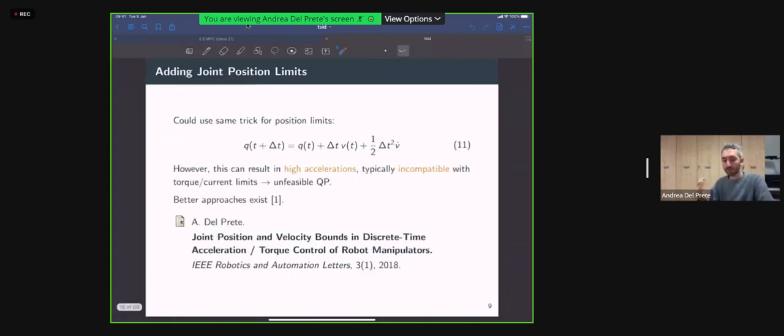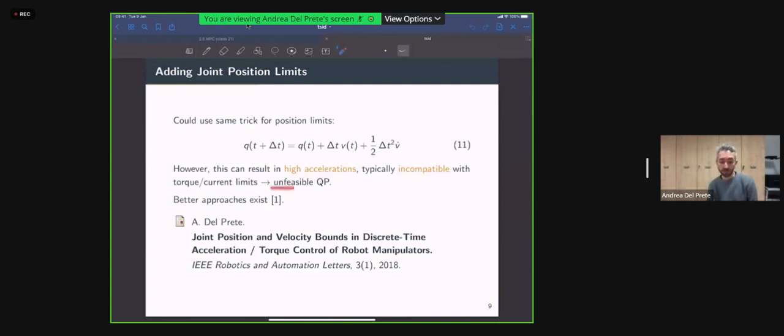We could also apply the same trick for introducing joint position limits, expressing the joint position limits on the next joint positions, which are computed by simply integrating the desired accelerations. But this approach actually doesn't work very well because it typically results in very high accelerations, which might be incompatible with the torque and current limits.